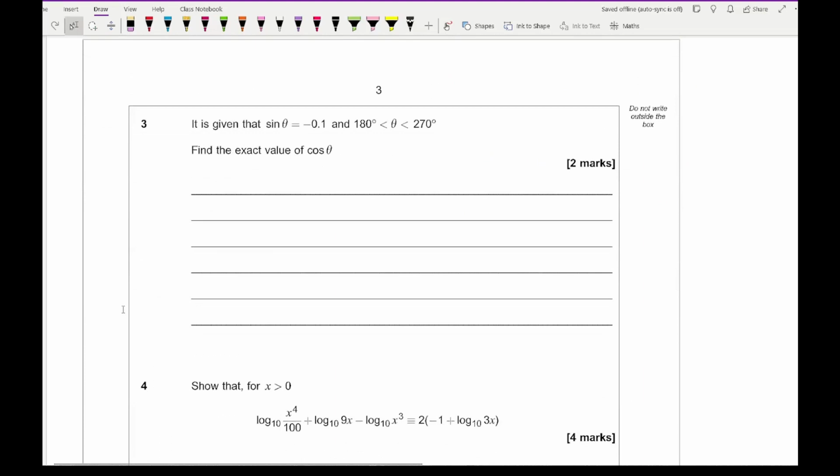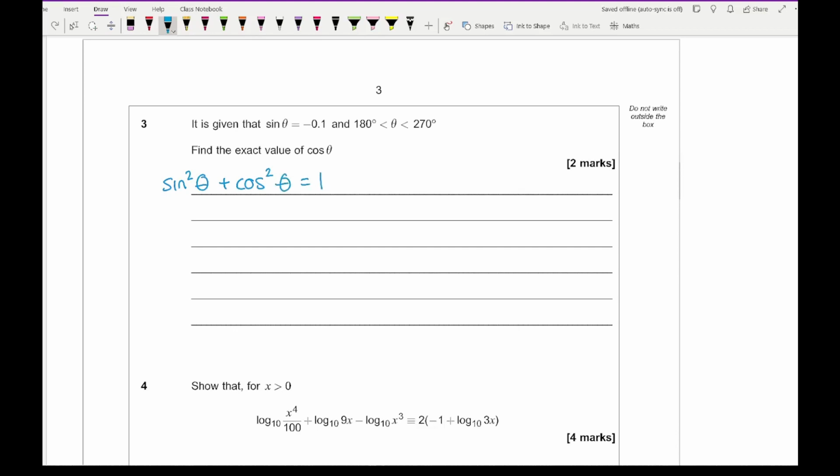Then moving on to question 3, it says it is given that sine theta equals minus 0.1 and theta is between 180 and 270. Find the exact value of cos theta. Now this one is a little bit tricky at first glance, and the reason for that is because it's mentioning the exact value, it means I'm going to need to use one of the trig identities. So looking at this, we know that sine squared theta plus cos squared theta